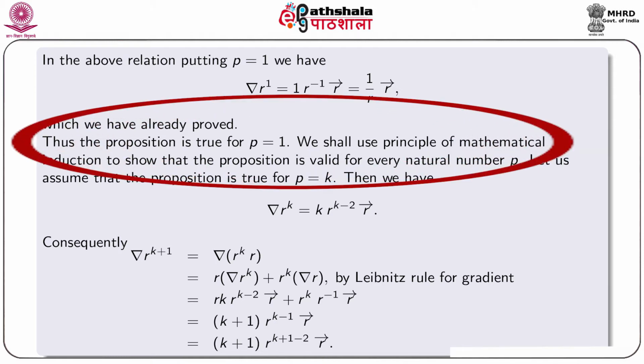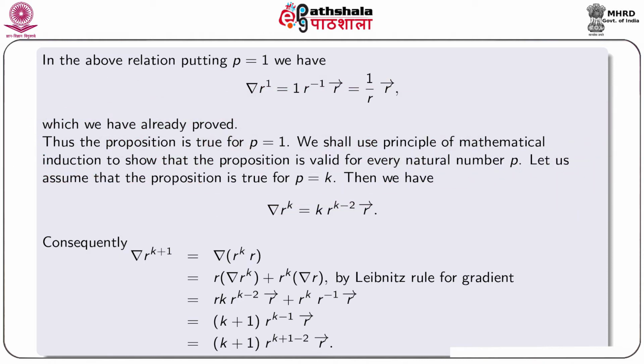We shall use principle of mathematical induction to show that for every natural number p, the proposition is valid. So, we assume that the proposition is valid for some value k. Then we have gradient of r to the power k equal to k times r to the power k minus 2 vector r. From this we find the following: gradient of r to the power k plus 1, that is gradient of the product of the scalar fields r to the power k and r. So, we can apply Leibniz rule here. So, we have